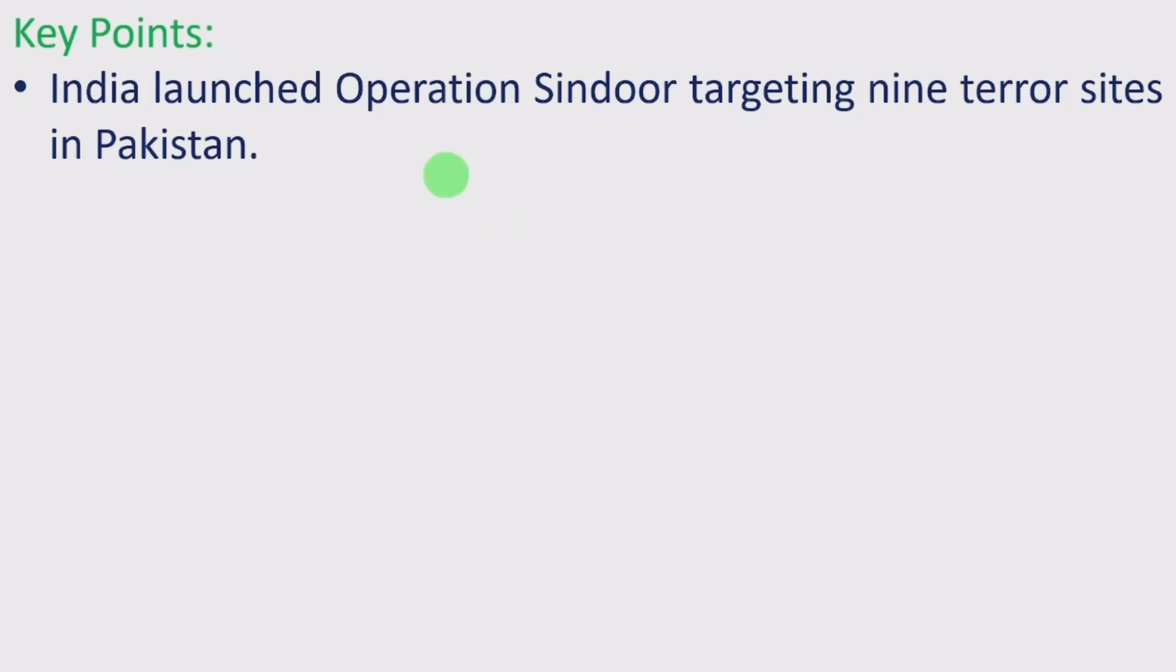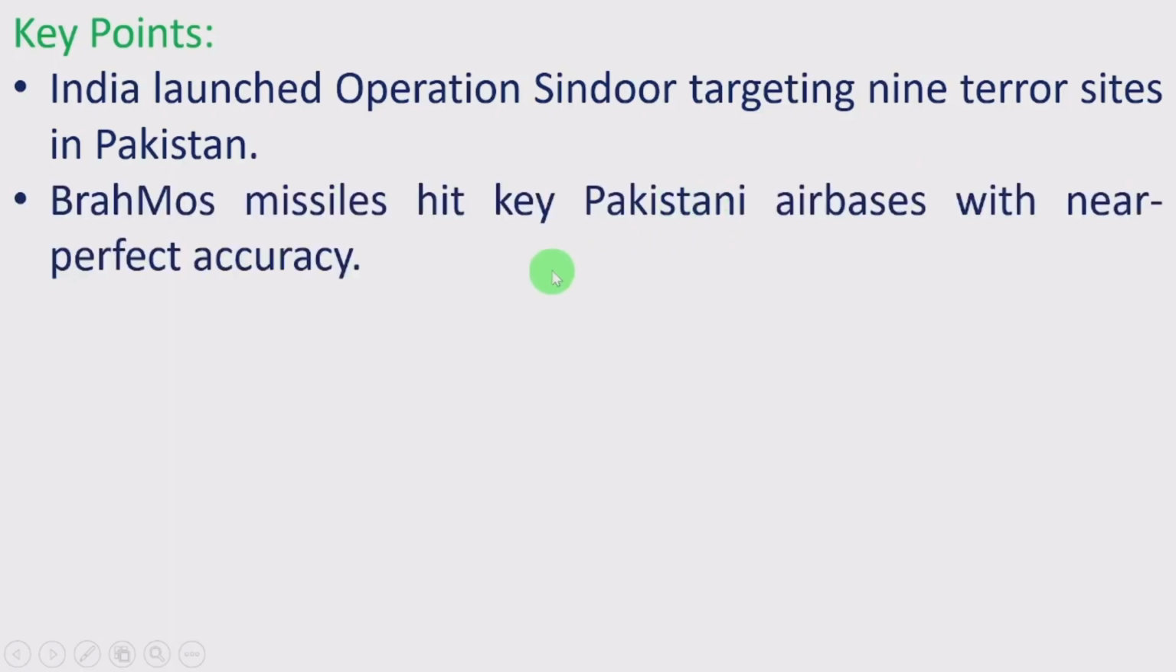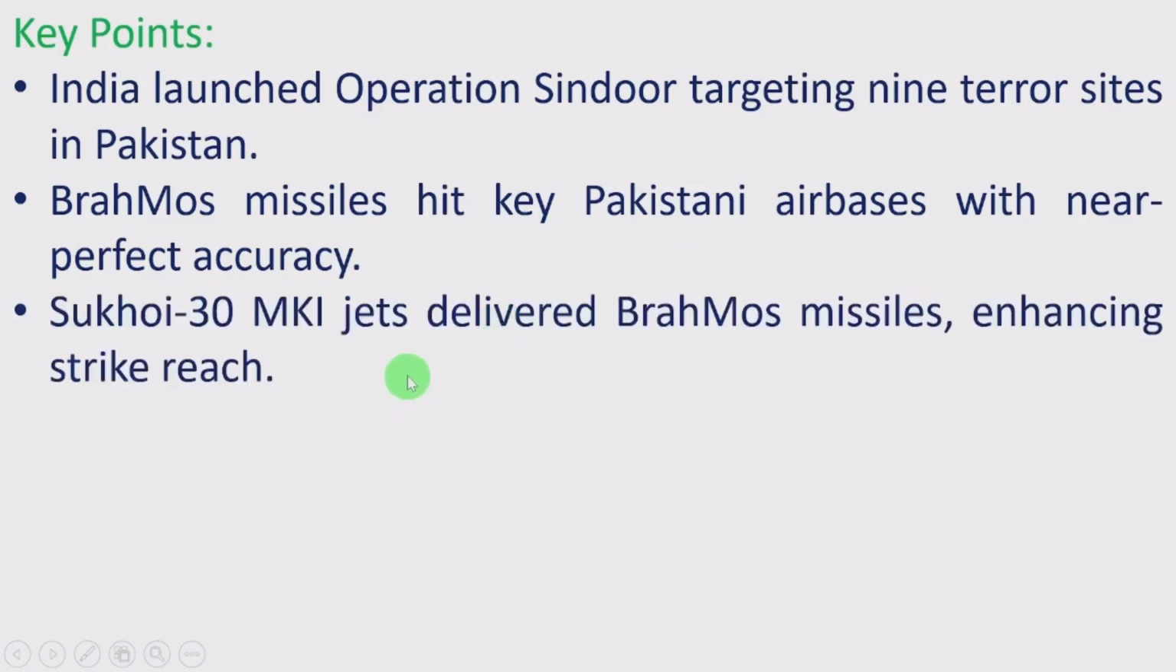Key points. India launched Operation Sindoor targeting 9 terror sites in Pakistan and Pak-occupied Kashmir. The BrahMos missile hit key Pakistani air bases with near perfect accuracy. That is in the second phase. Sukhoi 30 MKI jets delivered BrahMos missiles, enhancing strike reach. The land-based BrahMos as well as the air-based, using the Sukhoi 30 MKI jets, are used to deliver these BrahMos